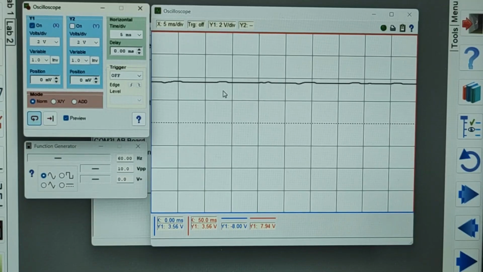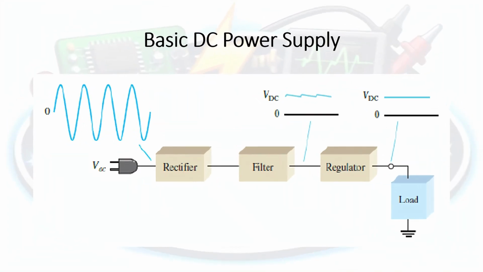Actually, at this point, even if I continuously increase the capacitance, ripples will still appear on the output waveform. Why is this so? Because our circuit still lacks one important component to be added after the filtering capacitor. As we saw in the demo, even if we continuously increase the capacitive filter value connected in parallel to our circuit, the output voltage waveform will still contain ripples. Given that basic DC power supply circuits need a constant voltage on the output, there is still something missing in our circuit. This block diagram shows what is missing.